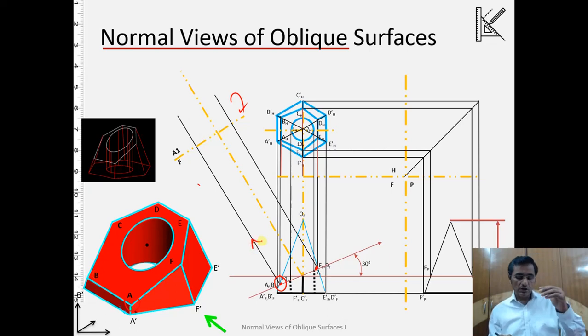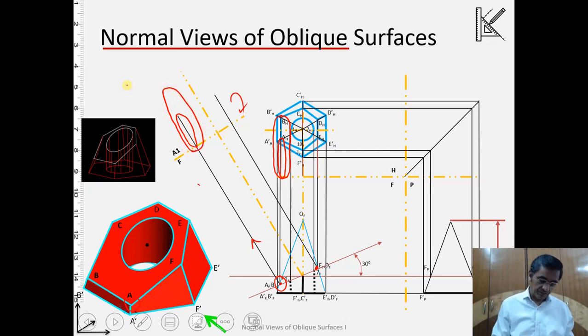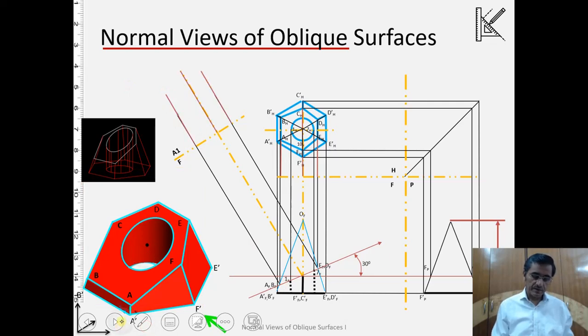Now on the horizontal view, what are the distances? On the horizontal view, the distance from the hinge line to AH is this, and to BH is this, and this is what we are going to apply here, the distance AH and the distance BH. Let's do it. So if I apply the distances here, with the help of the points that we have generated, we can create the complete view.